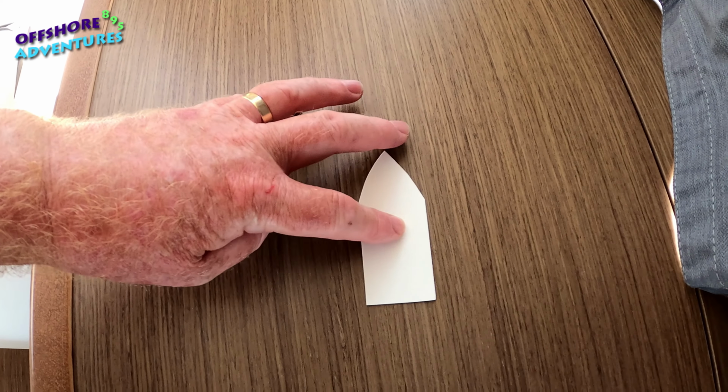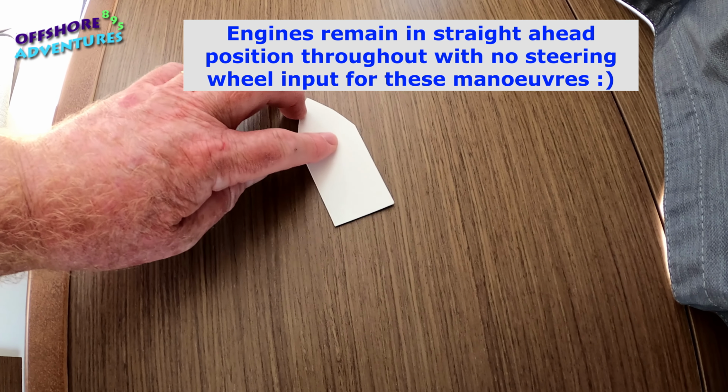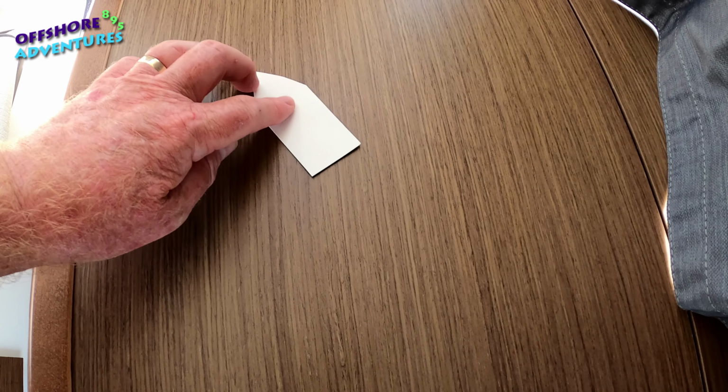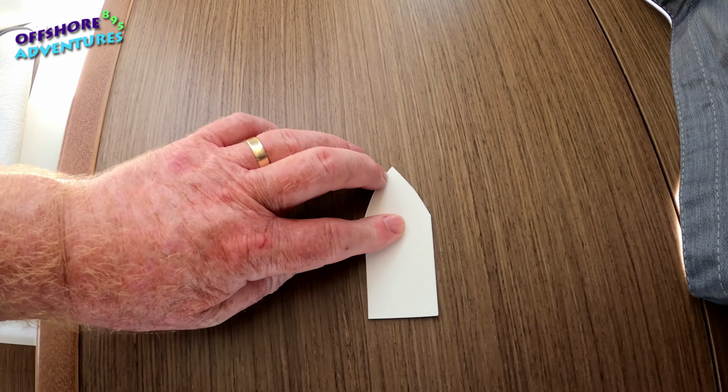So with the twin engines at the back here, if we have just the starboard engine in forward, the boat will just gradually turn to the left, and it's only with both at forward in tick over that the boat obviously goes straight. With the port engine only in forward, it would then turn gradually in a large circle. However, if you then add to the mix the two engines, so if, for example, you've got your starboard engine in forward, just in tick over, and your port engine in reverse, the boat then will be inclined to turn